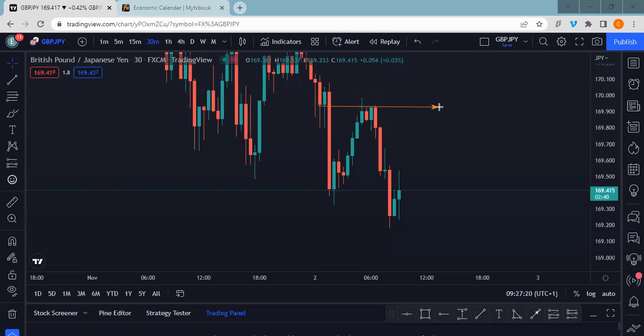So we know the resistance was created here. This was our confirmation candle, closing bearish below this small support here. This next candle wicked up. As soon as it started breaking the low of the previous candle, entries would have been taken here to flush down, right? Beautiful. But then that trade was missed.